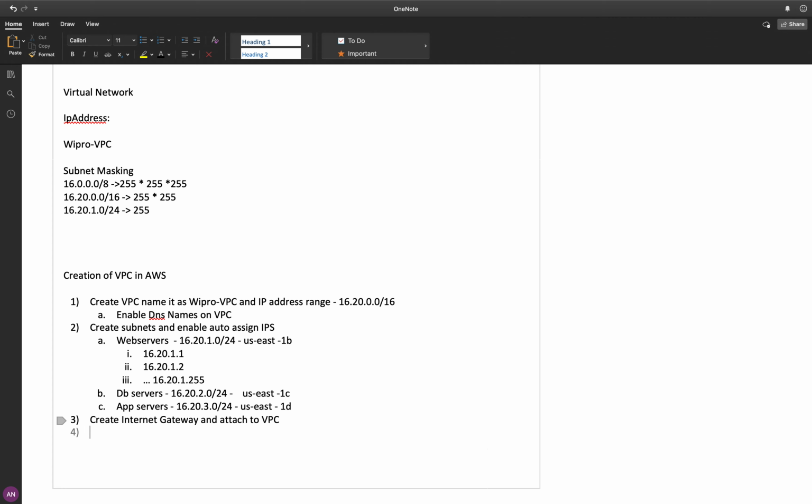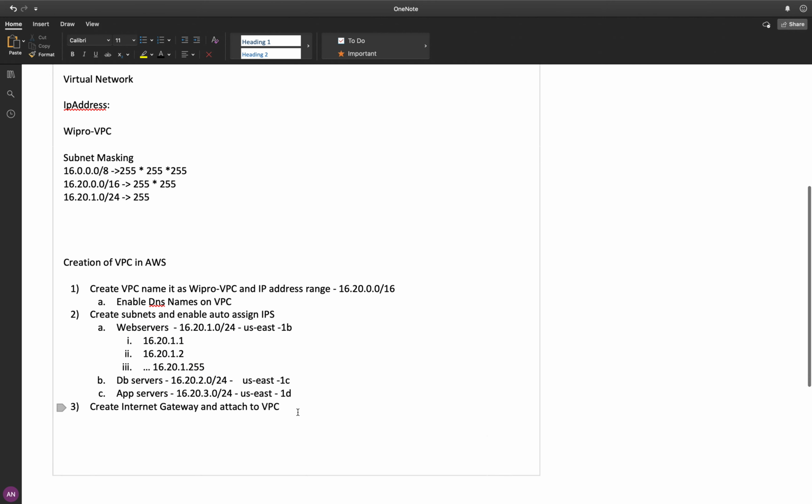Three steps we are done. Next, the fourth step: when you create the VPC, a routing table will be created automatically. By using this routing table, we need to attach all these subnets. Then only the traffic will be allowed or denied, whatever actions you perform.